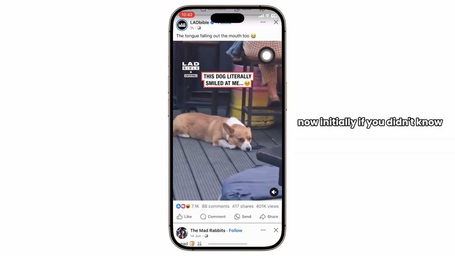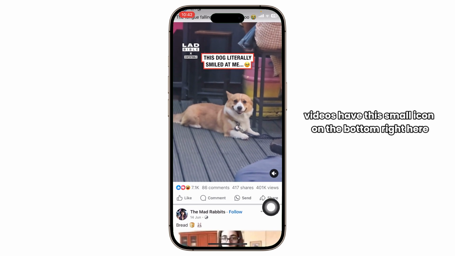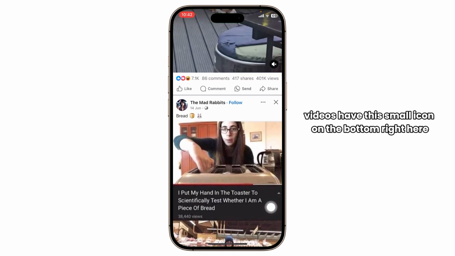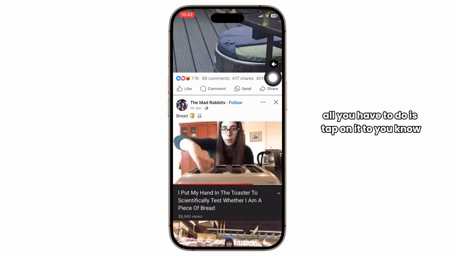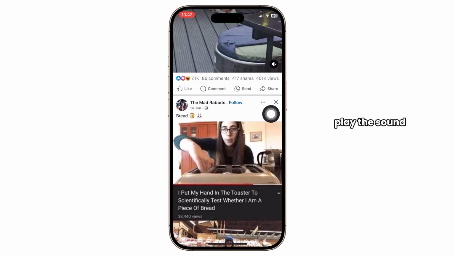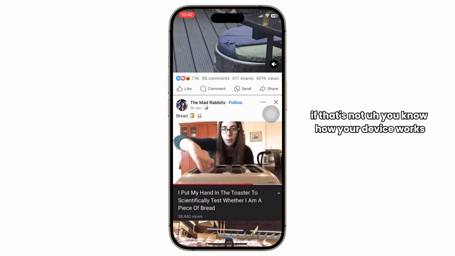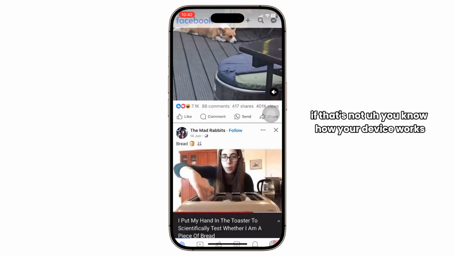Now initially, if you didn't know, videos have this small icon on the bottom right here that says no sound. All you have to do is tap on it to play the sound. So tap on that and the sound should play. But if that's not working with you, if that's not how your device works, what you can do is go